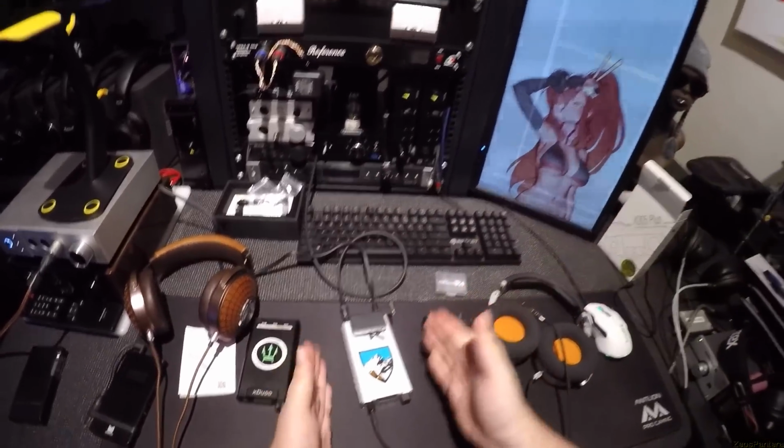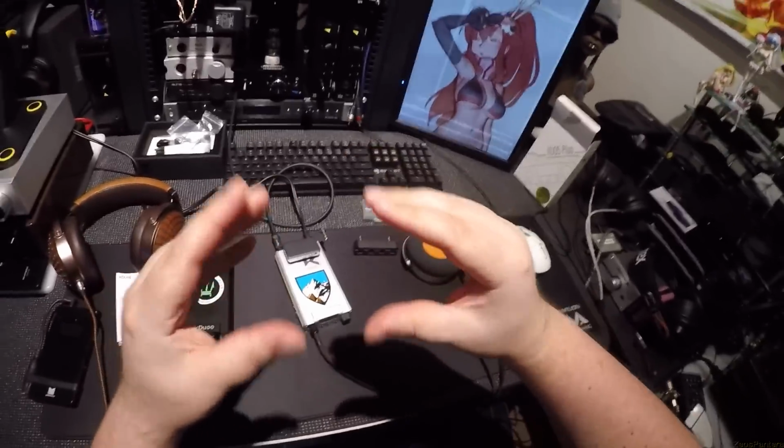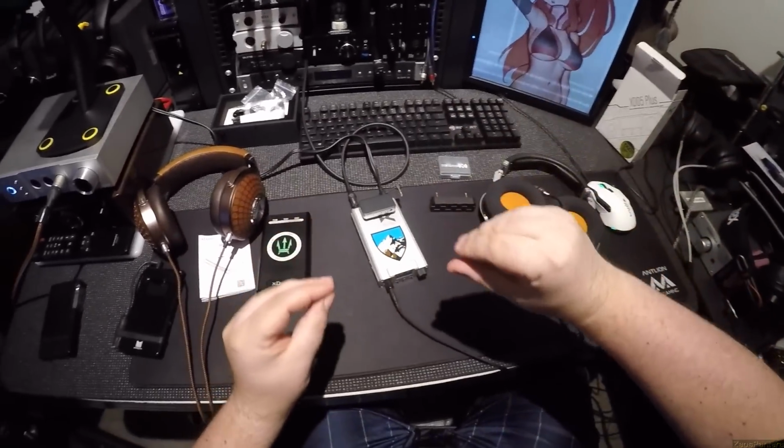Please, Xduoo, you're probably not watching this, and if you are, you don't know what I'm talking about. Make an XD-06 this size. I don't care, that's fine. You want to make it a little bit flatter, like thinner,